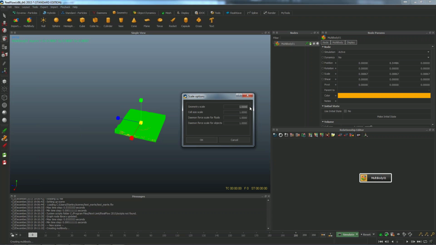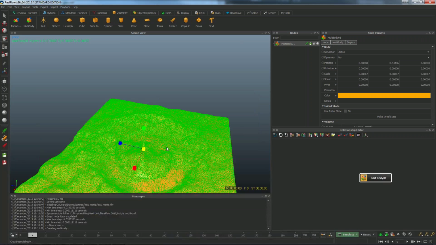I always say that the correct scale is geometry scale 1, okay? Because if you think that your scene, your model has a lot of meters, you will need to think that the domains will need to be rescaled to work with them too. Okay, I'm going to keep this value,